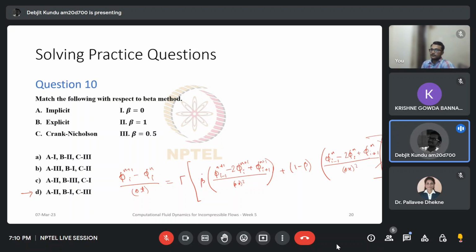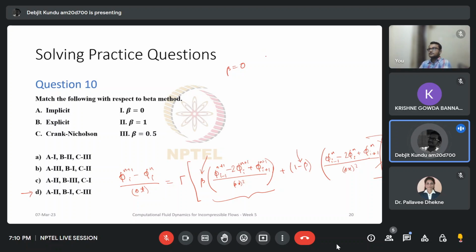Now as you can imagine, for different values of beta, these equations would boil down to something else. They would simplify to something else. So which one is it? So the first column, we have option A implicit, option B explicit, option C Crank-Nicholson, and on the right hand column, we have different corresponding values of beta, beta equal to 0, 1, and 0.5. Now, as you can imagine, if I put beta equal to 0, then this entire term would vanish, and only this side would remain. And since beta equal to 0, this coefficient would become 1, and then we would have